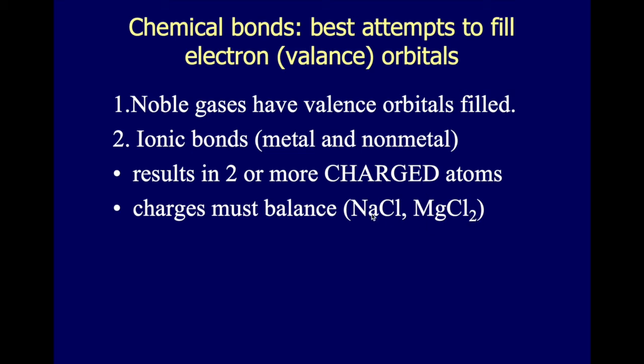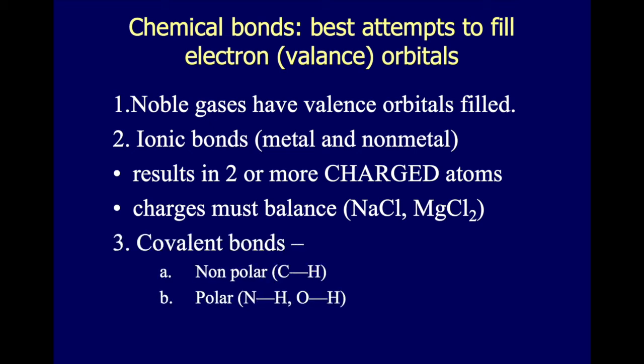In this case, +1, -1. Everything's happy. If I had magnesium with 2 electrons on the outside and it came in contact with oxygen, which has room for 2 electrons, then oxygen has a -2 charge, magnesium has a +2 charge, it would also be a happy compound. The other thing about covalent bonds, you can have a non-polar,